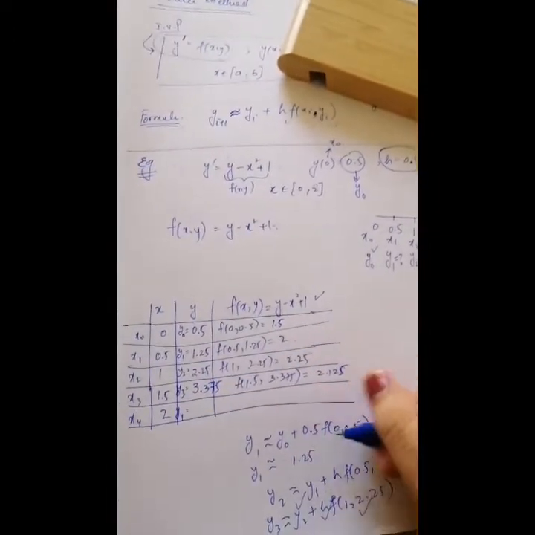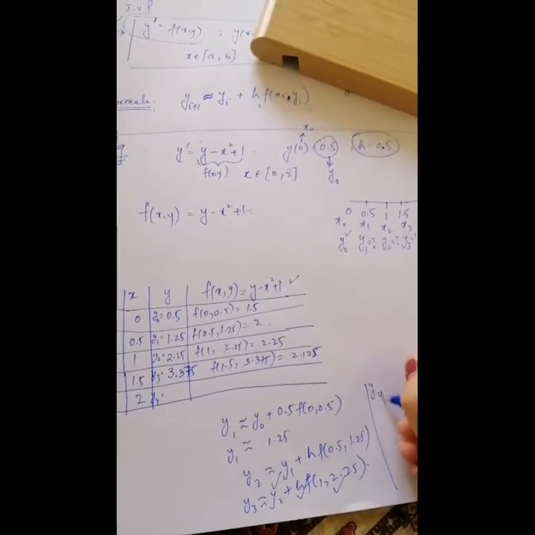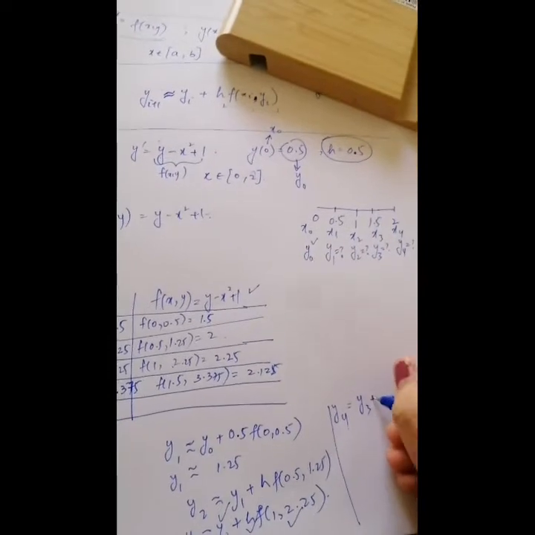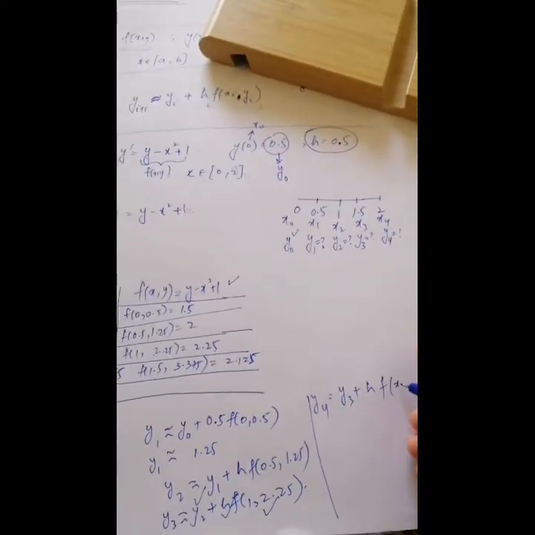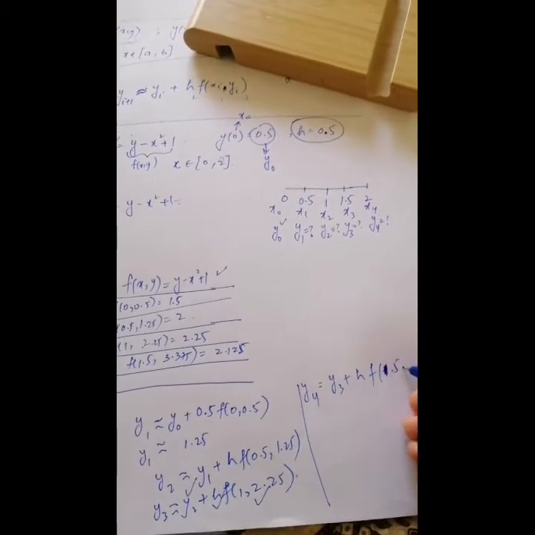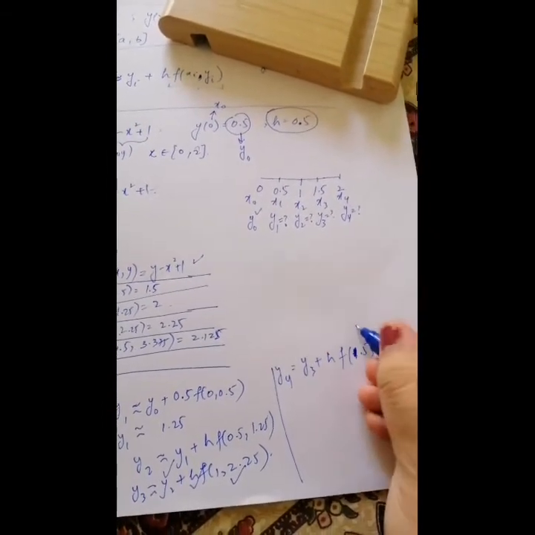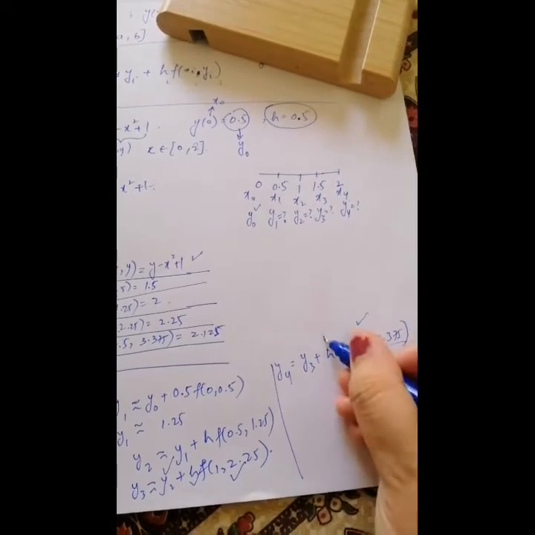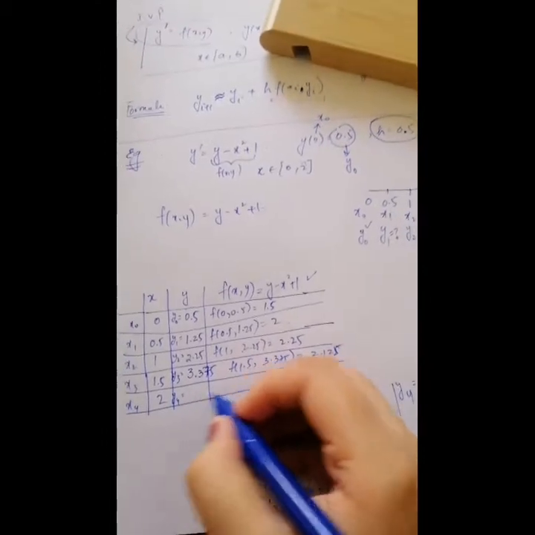तो हम इस तरह से चल रहे हैं। अगर इस तरह समझ नहीं आ रही तो you can see easily कि फॉर्मूला हमारे पास इस तरह से बन रहा है। तो y4 के लिए आपके पास आ जाएगा y3 प्लस h गुणा f(x3, y3)। x3 आपके पास है 1.5 और ये है 3.375। जब आप इसमें इस फंक्शन की वैल्यू पुट करोगे, h की वैल्यू पुट करोगे, y3 की भी पुट करोगे, you will get the value for y4, ठीक है।